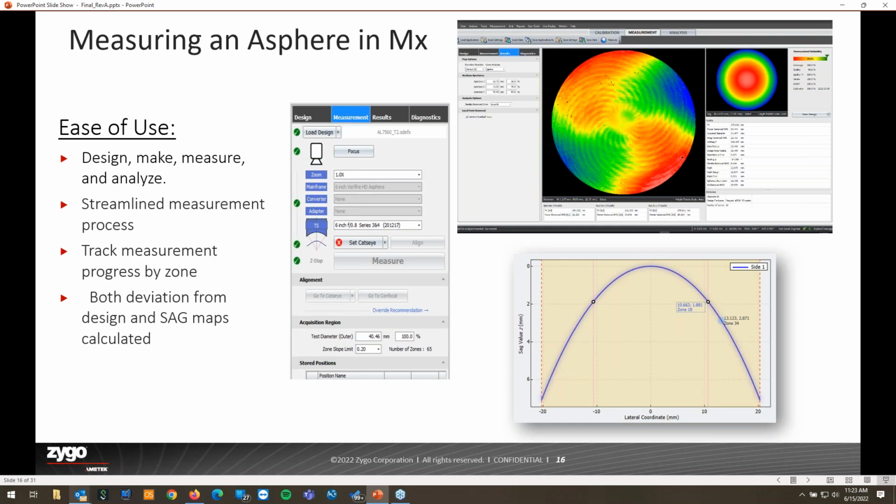And that is, again, loading your design file. You need to set your cat's eye position, which we discussed is the focal point of where it's going to hit the apex of that aspheric lens, and then really hit measure. And the measure button is going to walk through and essentially do the alignment. It's going to do the test of each one of those zones,